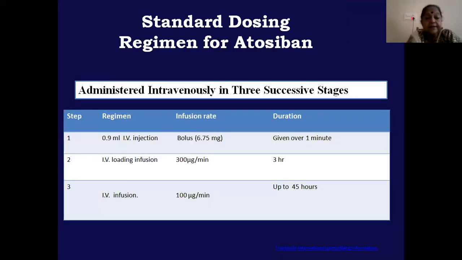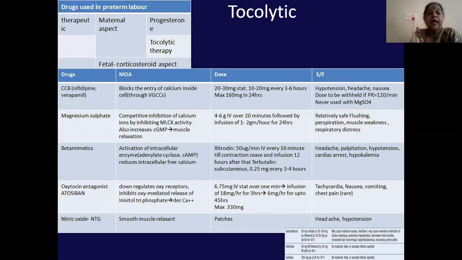Now, this is how the dosage goes, administered intravenously in three successive stages. One regime is a 0.9 ml IV injection, given as a bolus. It should be given by infusion pump, and the bolus of 6.75 mg should be given over 1 minute. Then the IV loading infusion is 300 micrograms per minute for 3 hours, and then you continue 100 micrograms per minute up to 45 hours. Now these are, in a nutshell, the various tocolytics